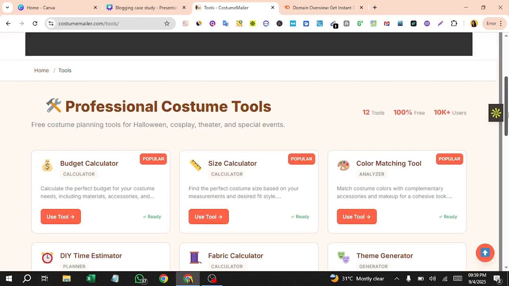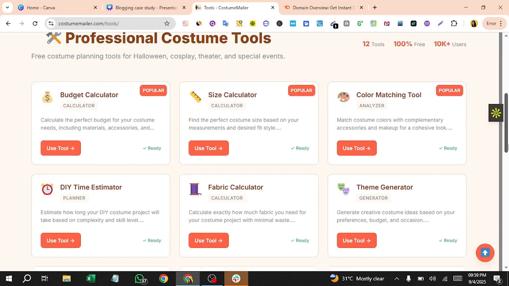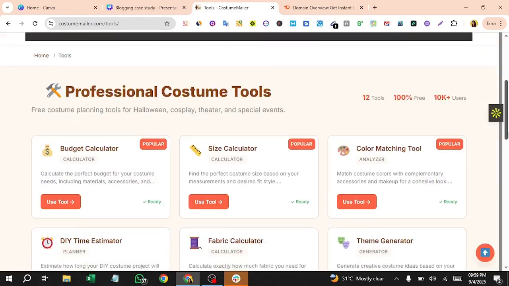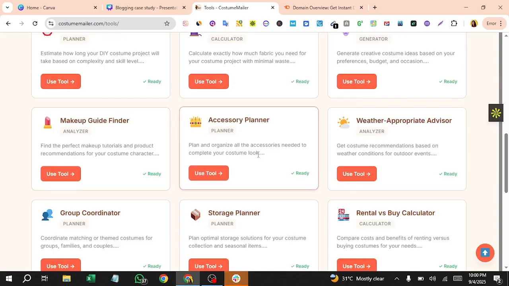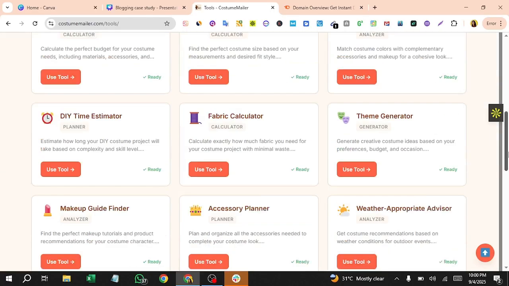All you need is to give a prompt to AI tools, like, hey ChatGPT, I need a budget calculator like this, so create it for me using HTML, CSS, and JavaScript. Then come to your WordPress blog and install a plugin, I forget the name, I guess WP. There's a plugin where you just put the code in, and it works well. So this is how you create a website like this.